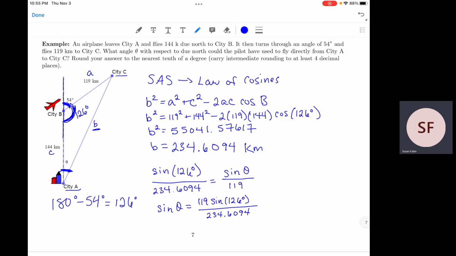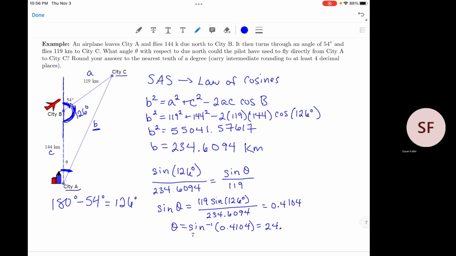When you plug that into your calculator, I got 0.4104. So to get to the angle theta, I need the inverse sine. So theta is going to be equal to the inverse sine of that ratio. And when you plug that into your calculator, what you get out is 24.2271